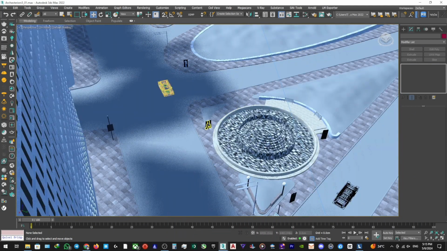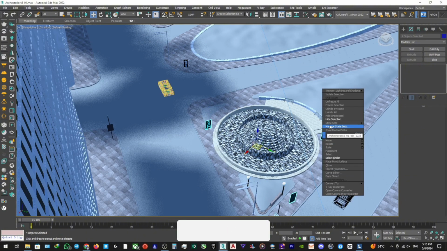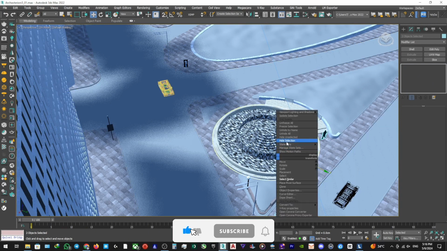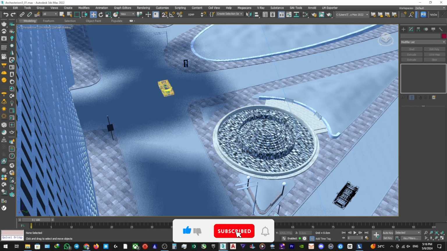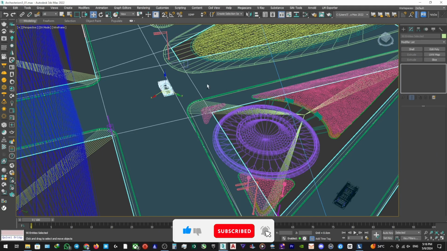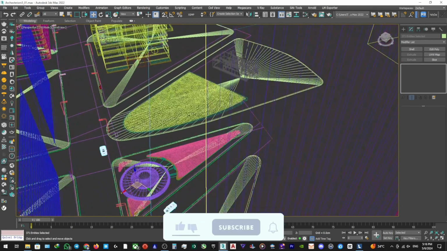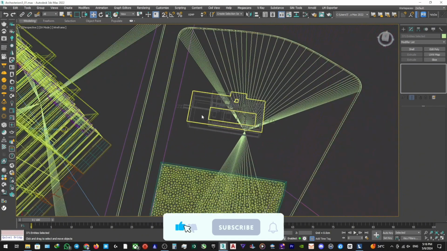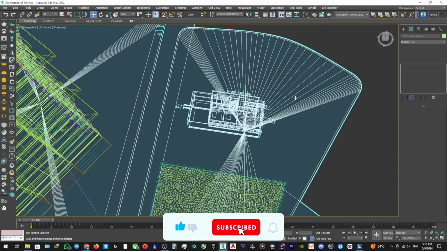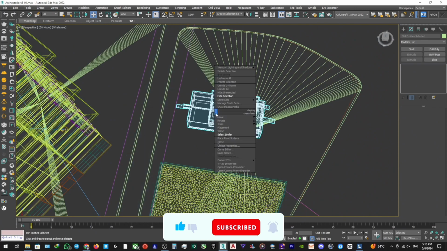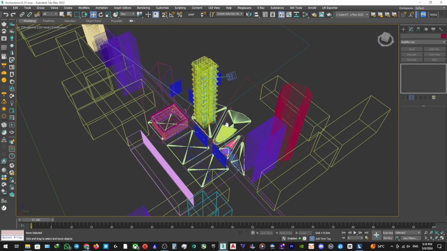And we don't also need these people because we are going to use people and vehicles of Lumion 2024, which is very beautiful and high quality. Also, we have to hide this car and this as well. We also don't need this building, okay, because we are going to use the Lumion library for buildings and trees and vegetations to speed up the rendering